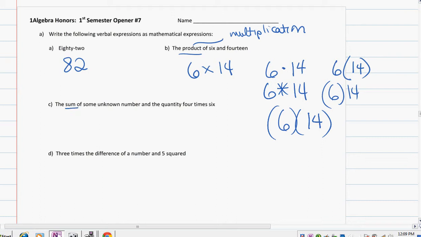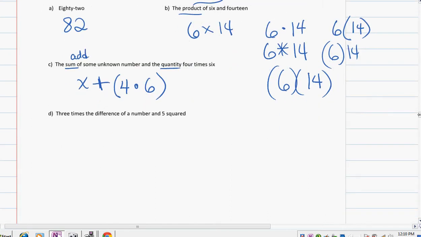The sum means addition. So I have the sum of some unknown number, which we often call x, plus the quantity. Quantity means the whole thing, 4 times 6, not just adding 4 to that unknown and then times 6, but the whole quantity 4 times 6. So x plus 4 times 6. Now, if you interpreted it the other way, I mean, the quantity thing I think should make it clear,